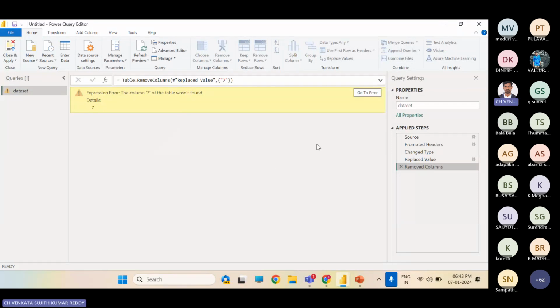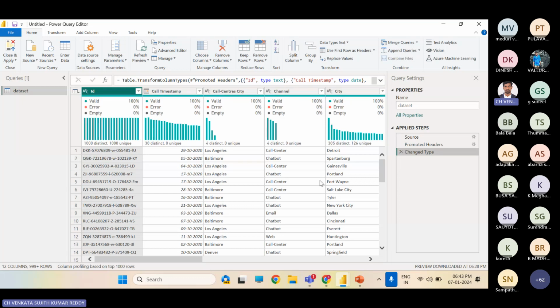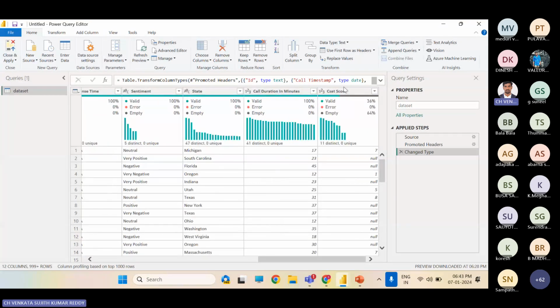Okay, I will go for the solution. Once I've done some steps, we can't change anything in between. We can go from bottom to top. Else, if you go to the middle, this kind of error is what you will face. I got my data. Once I have removed these, what is available before the promoted headers, I got all my values.